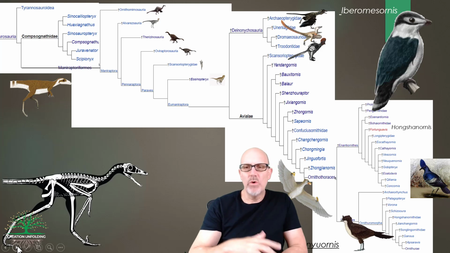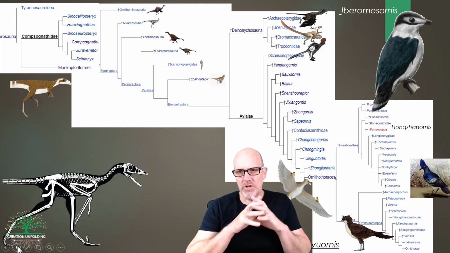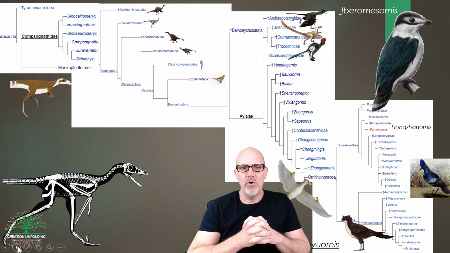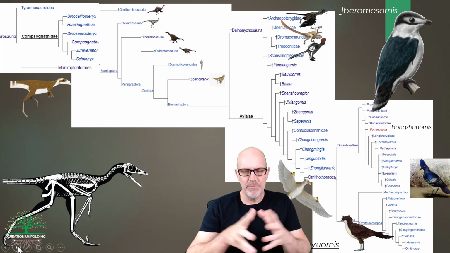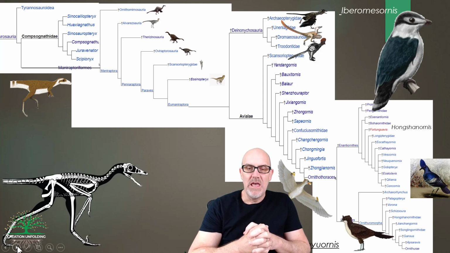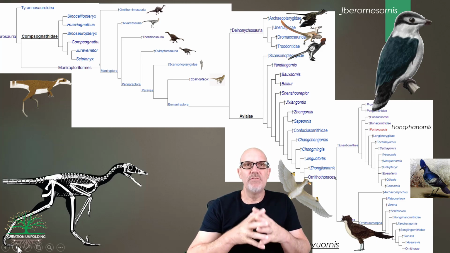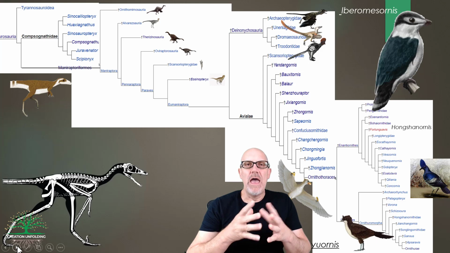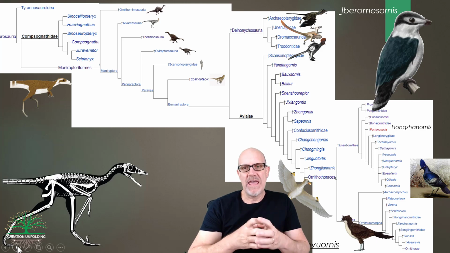Okay, so what I want to do here is we're looking at the whole gamut of bird evolution, and I'm going to go into a little bit of depth to describe how and why an evolutionist holds their views and how we might interpret that as creationists. So what we're looking at here is a cladogram. And a cladogram is an evolutionary way of describing where our modern group came from.